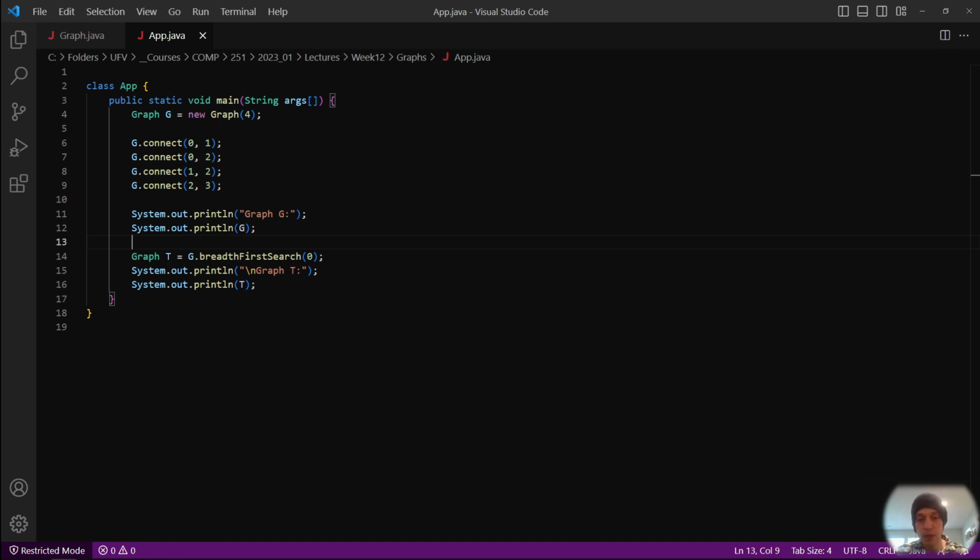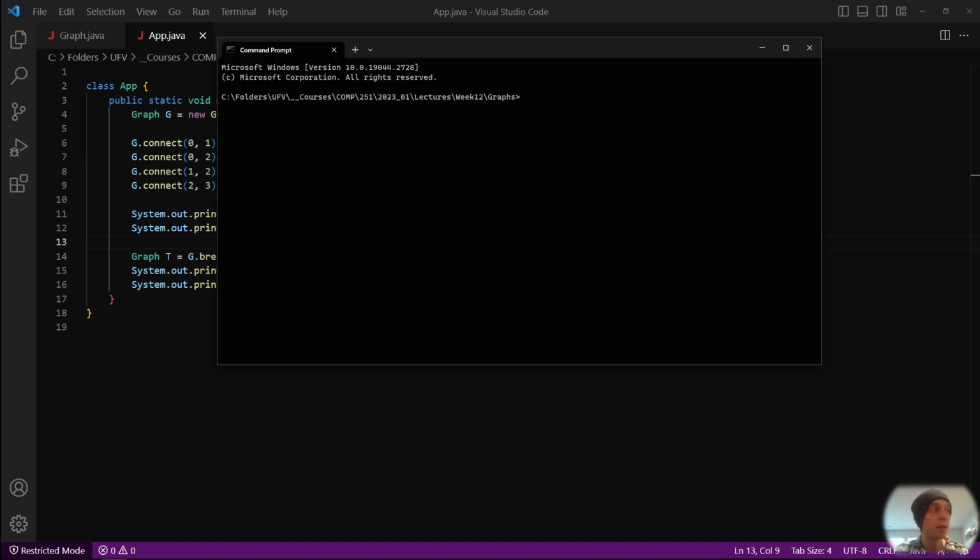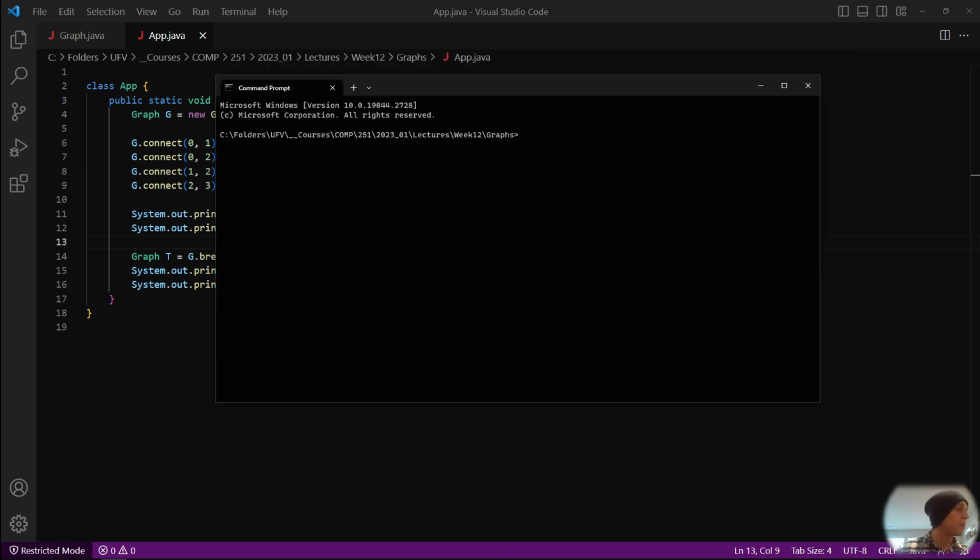So let me go, I think I've got a terminal open. Okay, not yet. Okay, it should be compiled. If I just do Java app, you can see